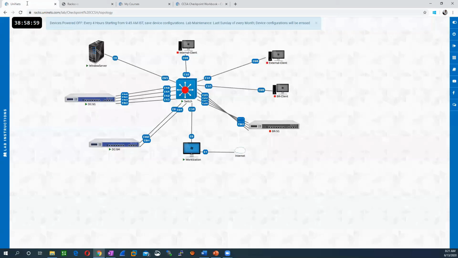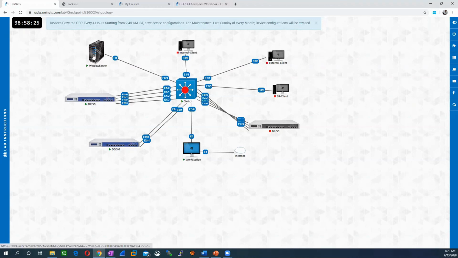So how can you access the web console? You have two devices. This is the workstation and this is the server. If you want to use a jump server, from the jump server you can access this device, but you need to make sure that this device is reachable from the server. So we can access from the server or from the workstation, but we need to assign the IP of the workstation or the server in the same range.